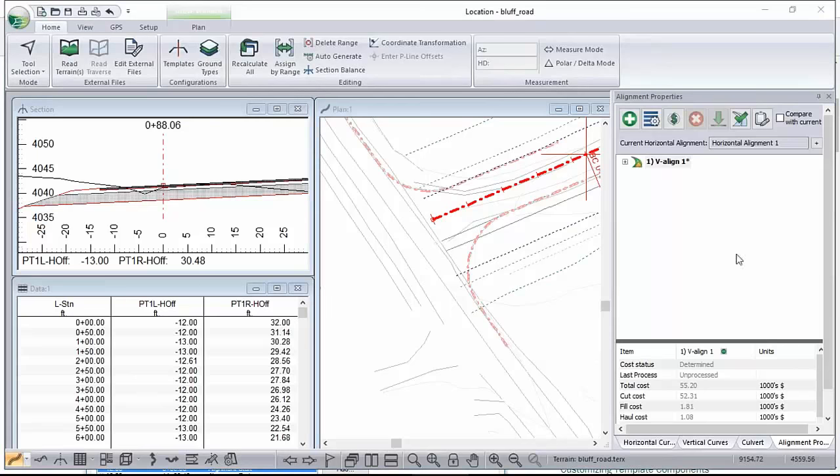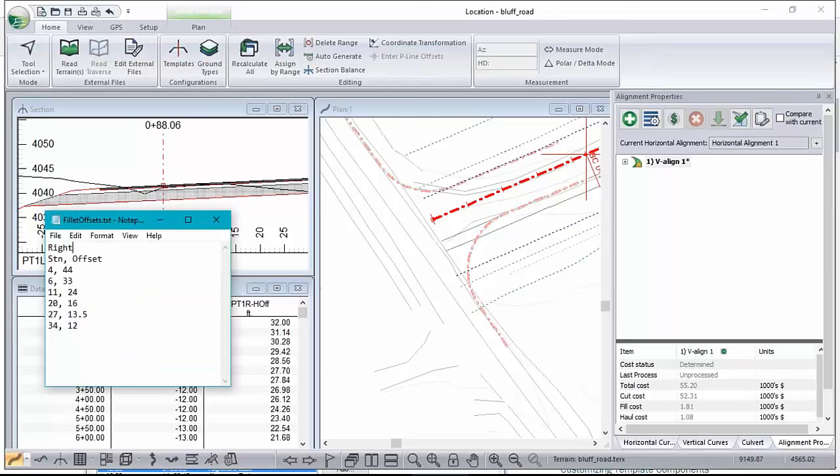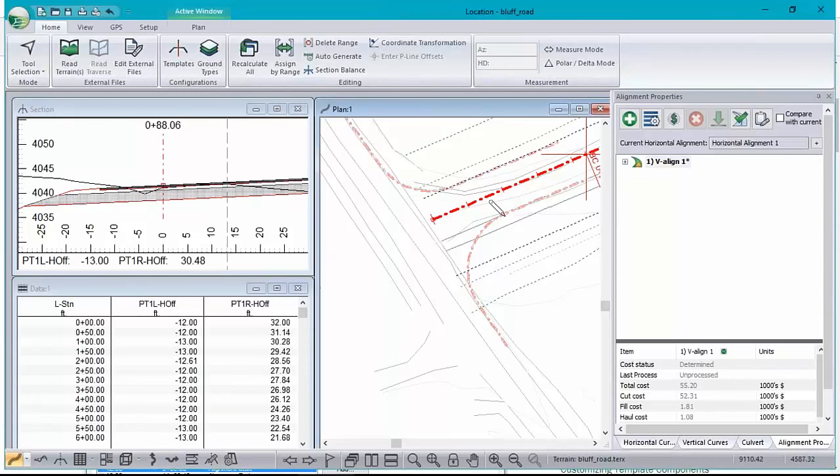So what I do is, I've already done it. I've got these numbers here. How did I get those numbers? I just hover and read the... whoops, I got these in the foreground. Let me flip those to the back. I just hover and it tells me station offset. So where's the end of the fillet? Roughly there. So station offset